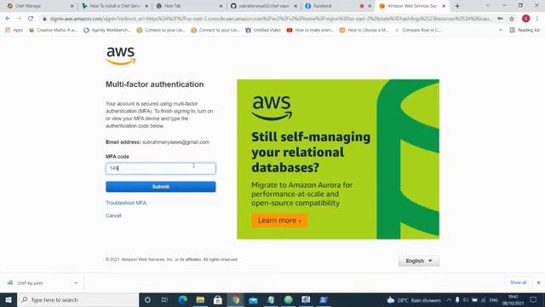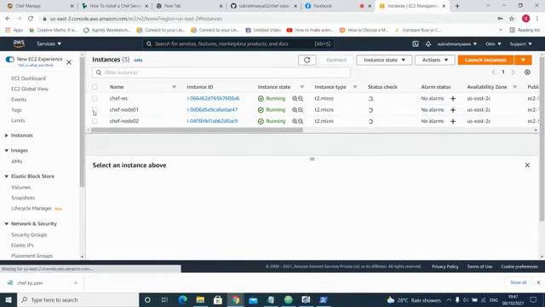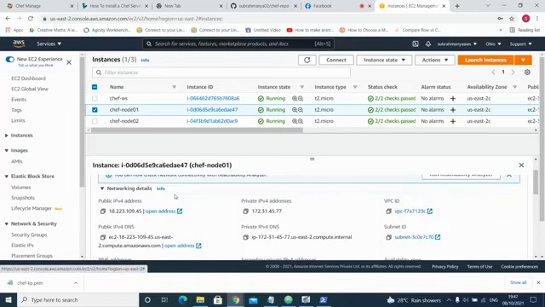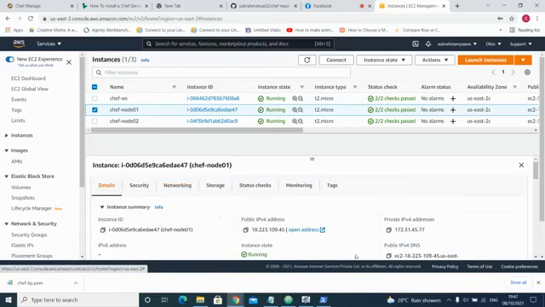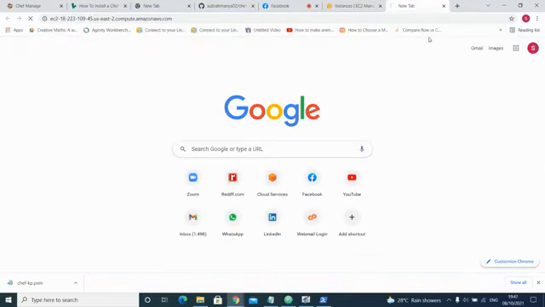Okay, 149. Okay, all good. So now if you check chef node 1, it doesn't have any web server. I'll copy the public DNS, I'll paste it here. Okay, so nothing is there as of now.